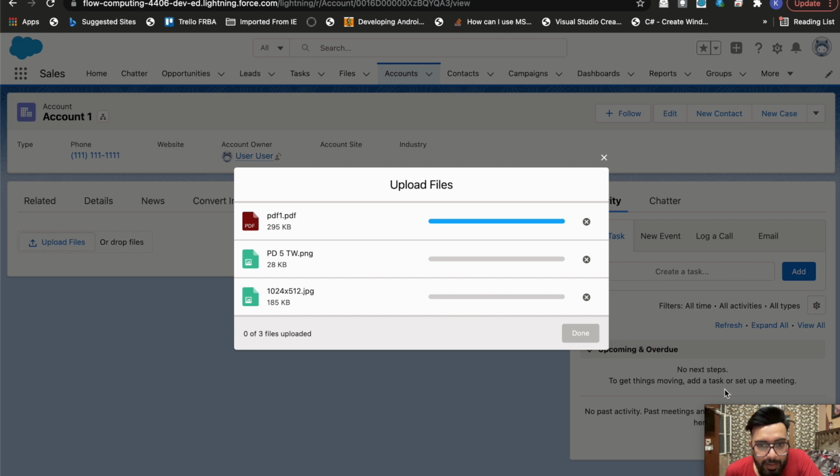Okay. And this is the default progress indication we are getting with the Lightning file upload. And you know, this is a really cool thing about it, because if you will use the normal input file, you won't be getting this pop-up here. So that's how it goes. So you may notice like PDF is having different icon and PNG and JPG is having a different icon, and these are also displayed based on the file extension. But I mean, this is not our code, this is the default functionality. What is our code? Let me show you. Let me hit on done.